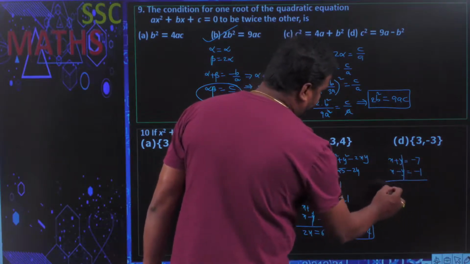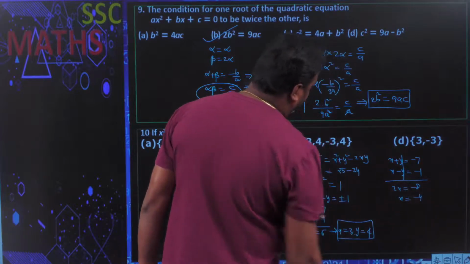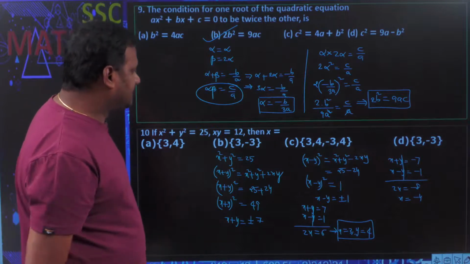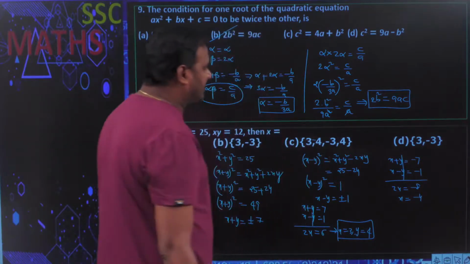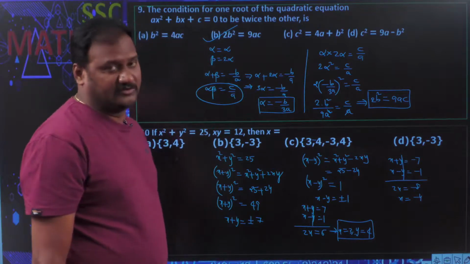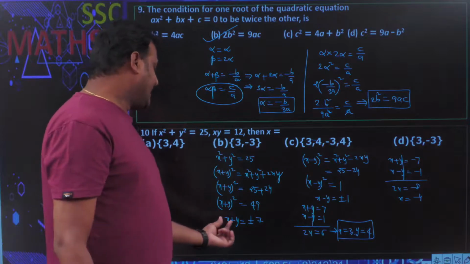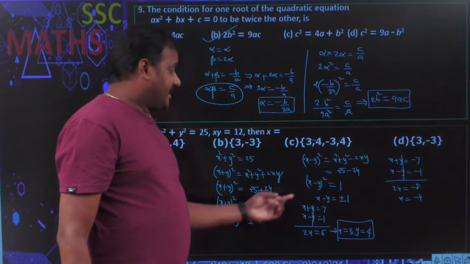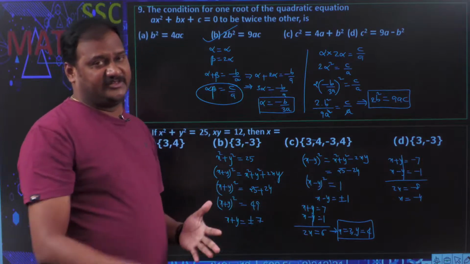Again when you add them, 2x is equal to minus 8, x is equal to minus 4. You are getting the x value minus 4 also. So where is that minus 4? See here, 3, this is minus 4 actually. 3 comma minus 4 comma minus 3 comma 4. You have totally 4 possibilities for x because I have used x plus y is equal to plus 7 as well as minus 7, and x minus y is equal to plus 1 and minus 1. But simultaneously I use the equations.